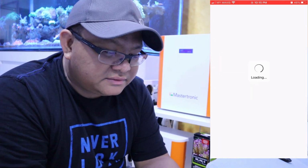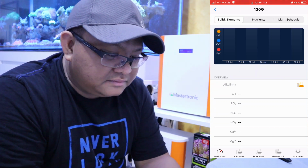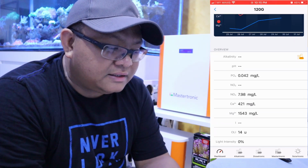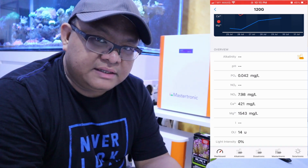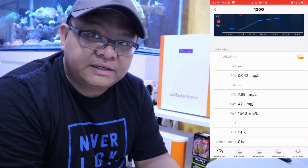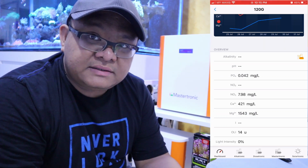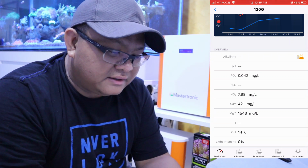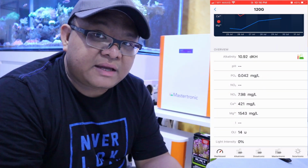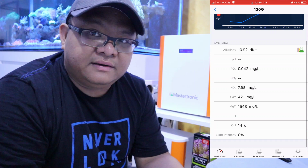So I just click on the dashboard. Okay, then just give a few seconds and the parameters will pop up. Okay, so here you can see all the parameters except for alkalinity, because the apps is set that it will read the alkalinity reading from Mastertronic. But since I do not have Mastertronic, I only have Mastertronic, and I'm doing alkalinity test in my Mastertronic. So I need to click on this logo here, and I can change it to Mastertronic. But I have to do this every time I start the apps. Then only I can see my alkalinity reading and the rest of the parameters